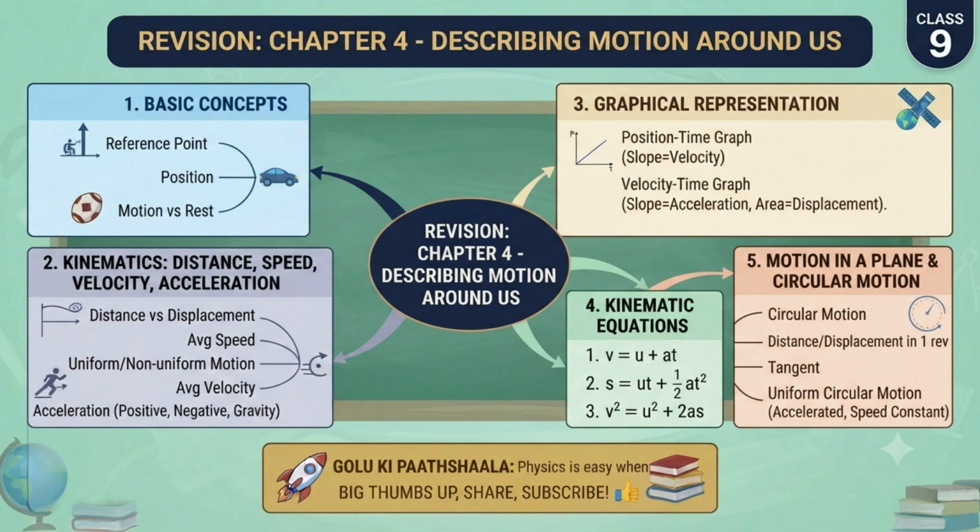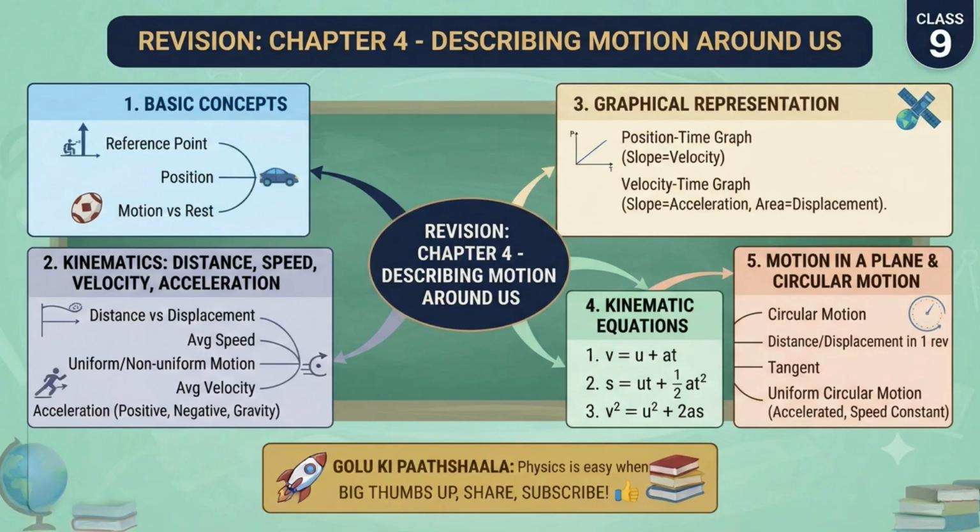After that, we studied the graphical representation of motion. Here, we learned about the position time graph and the velocity time graph, how to plot them, how to interpret them, and how the slope and the area under the graph help us calculate important physical quantities like velocity, acceleration,